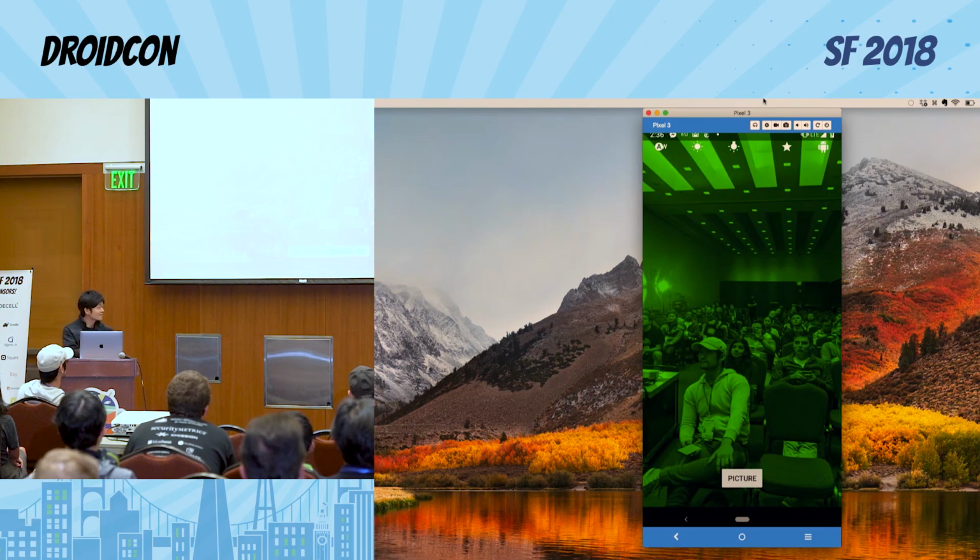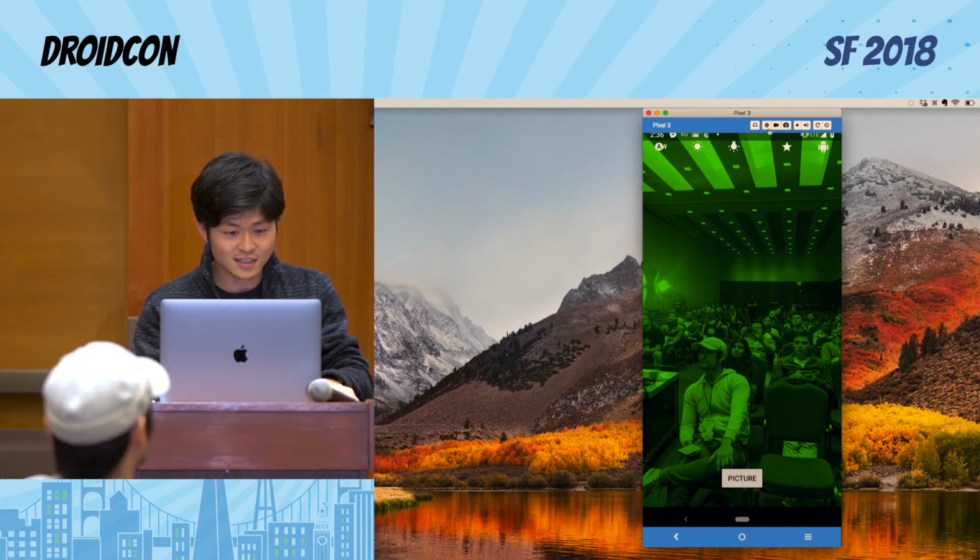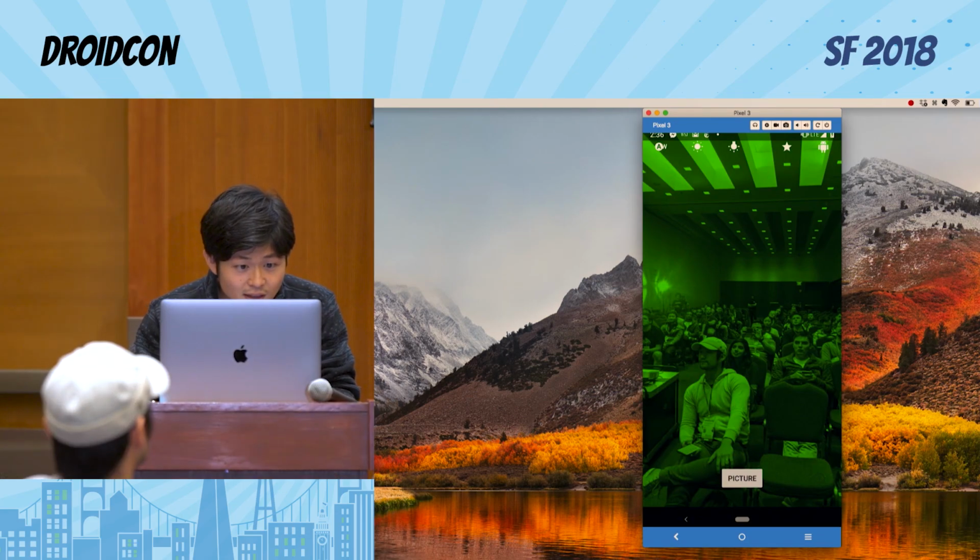And I take the photo like this. Yeah, of course you can do the recording, and that will be a much better, cooler experience. Anyway, so that's a demo. And let me go back to the